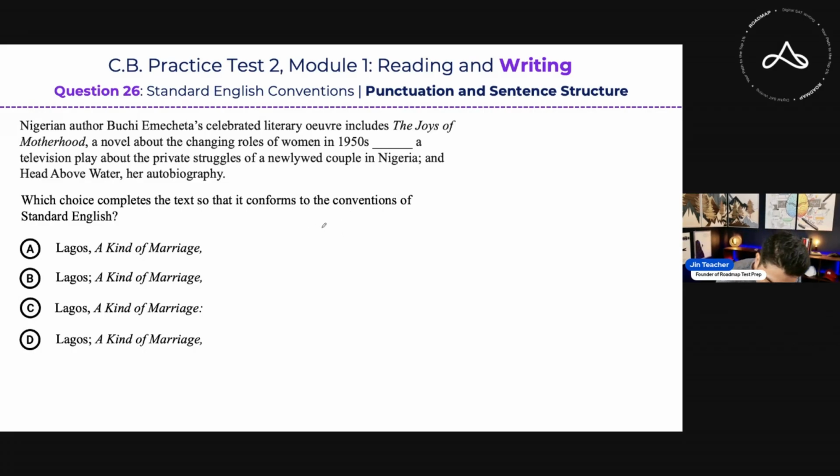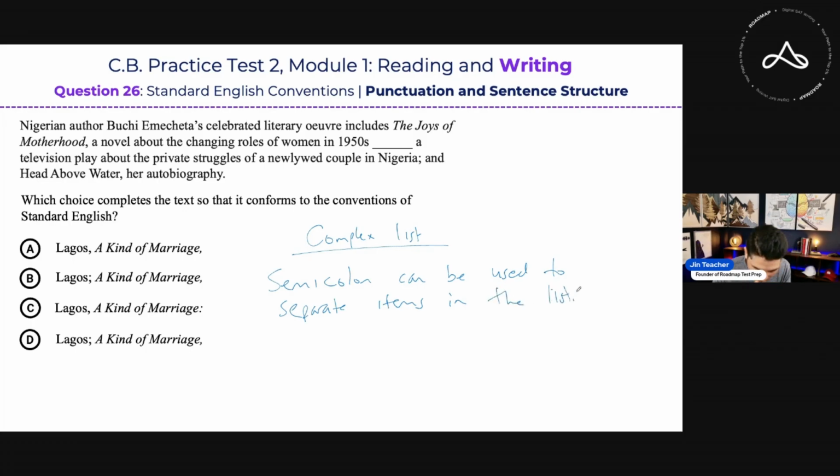So for a complex list, a semicolon can be used to separate items in the list, right? And that's because we already have commas within each item. Okay, so we'll find that to be the case here. So if we take a look at the sentence, you guys, it says Nigerian-born author BM's celebrated literary